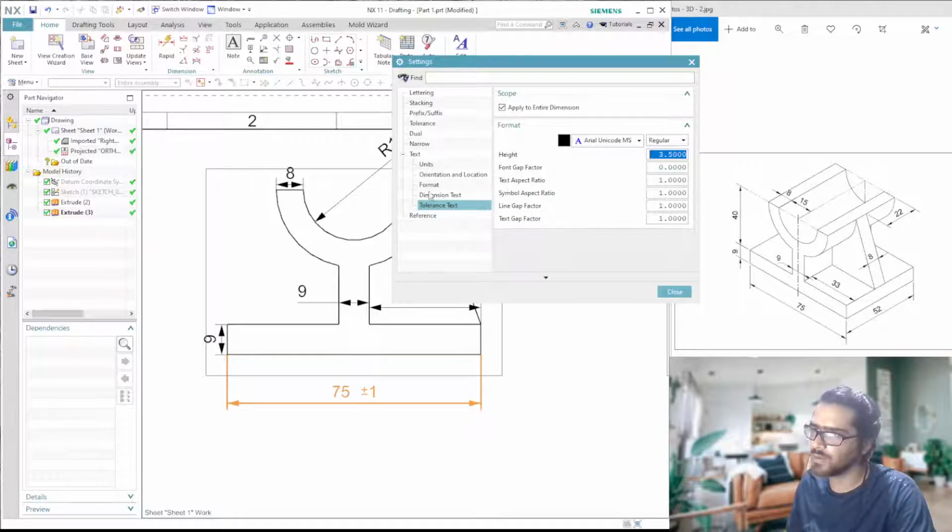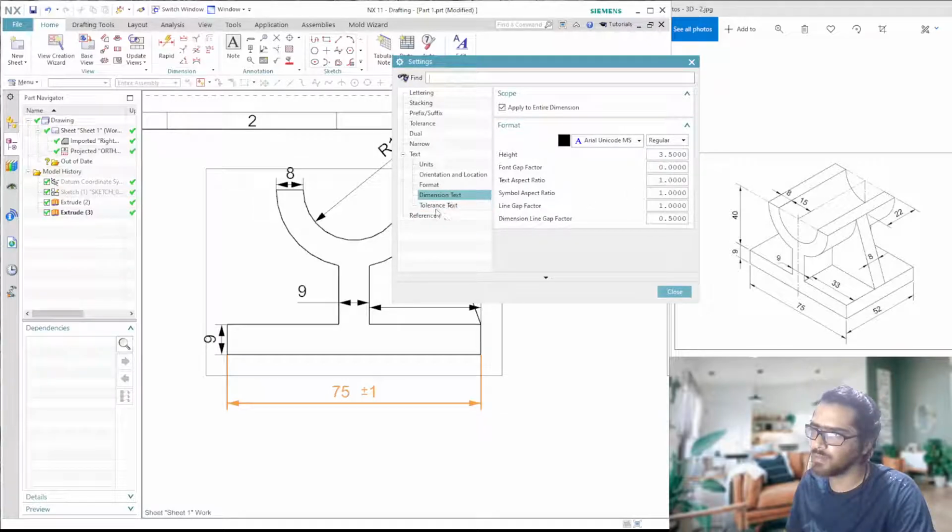This will be more obvious if I select the radial dimension. In this case, it determines the distance between the center and this, and then we have other similar options like the line gap factor and others. You can tweak these and check what exactly these do.